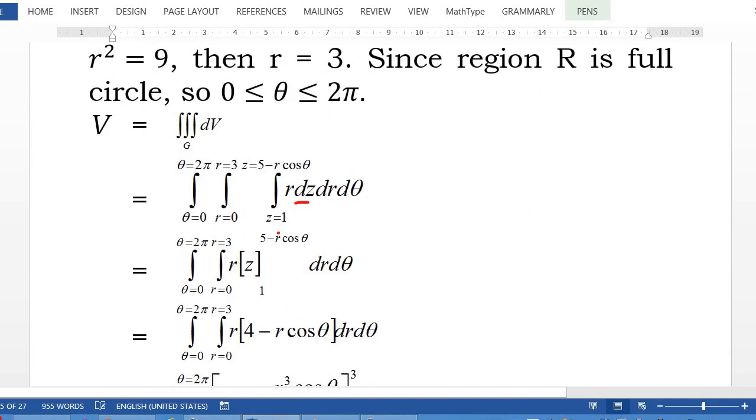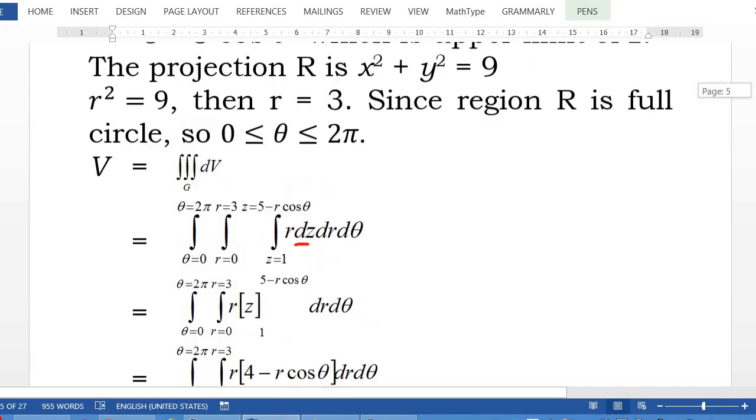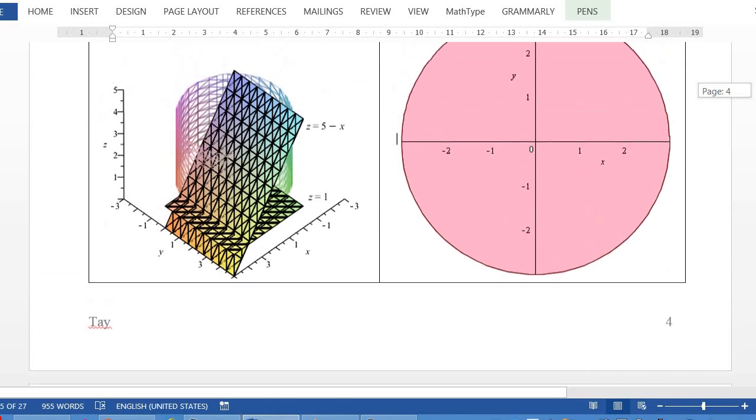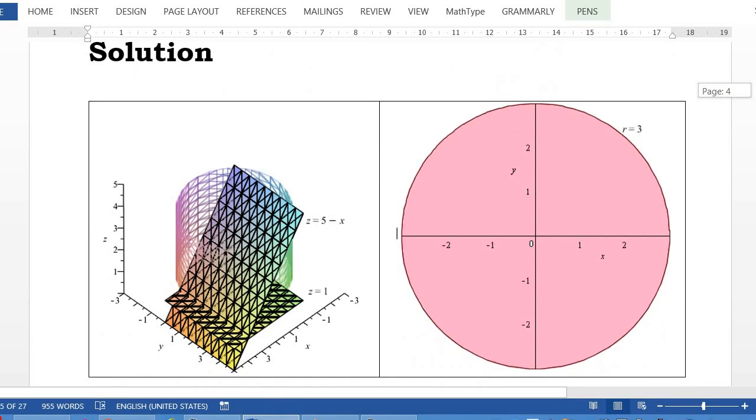Z equal to 1 up to z equal to 5 minus x. x changes to r cos theta. You need the limit of r and the limit of theta. The cylinder x squared plus y squared gives r equal to 3, and the projection of the cylinder is a full circle, that's why theta, from the positive x-axis, is